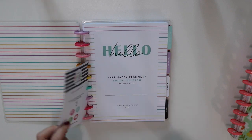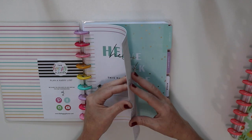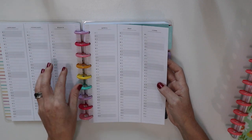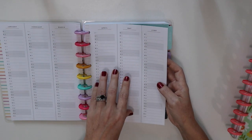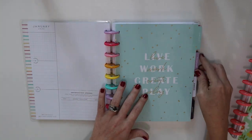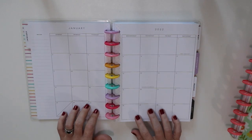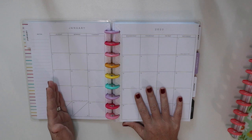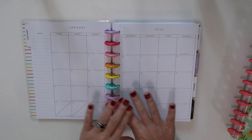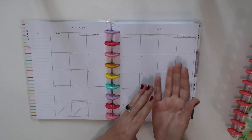I'm not sure, honestly, but I will use the name page. I do not have plans as of now, filming this, to use this calendar. So I'm just not sure if I'm going to be using the perpetual calendar in the budgeting, but I love the dividers. And so I'm going to actually do my bills on here, whereas with my current system, I'm doing my bills on my monthly view of my personal, and I do want to separate those out because I want to revamp my monthly view on my personal, because I will not have